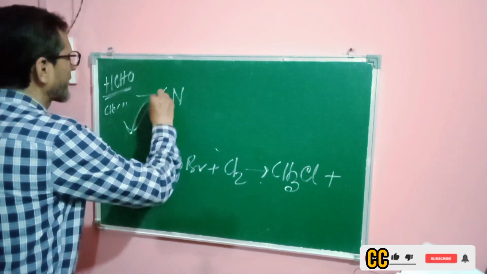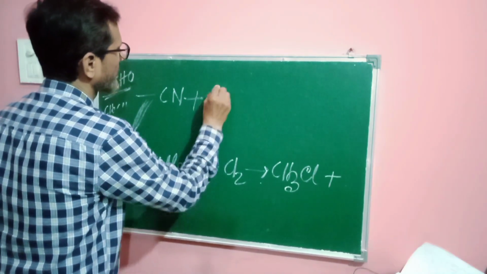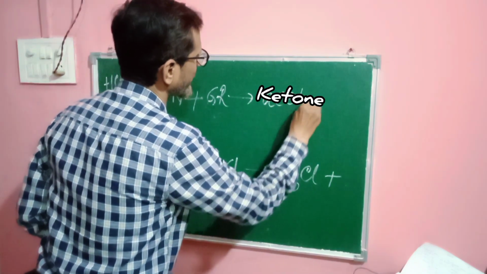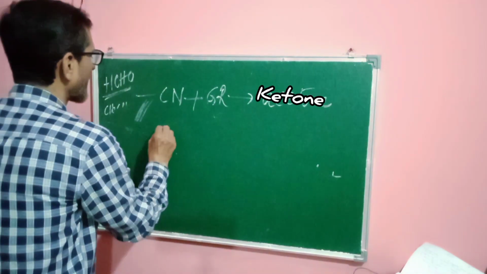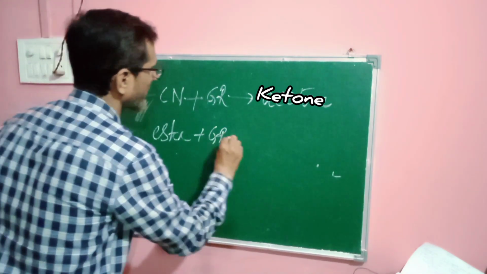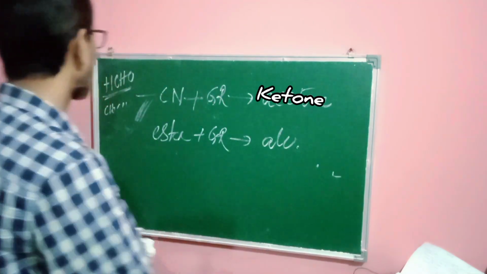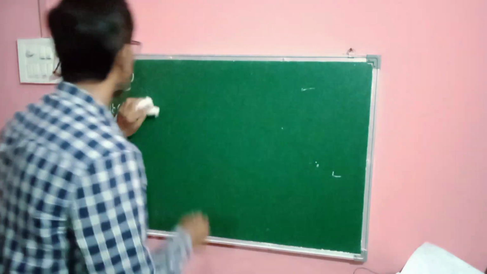Nitrile, very important, often comes in exam, plus Grignard reagent. And ester plus Grignard reagent, again the answer is alcohol. But one of the very common ones is